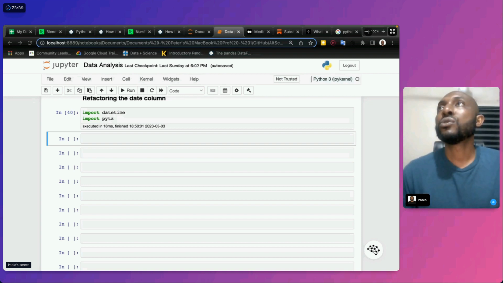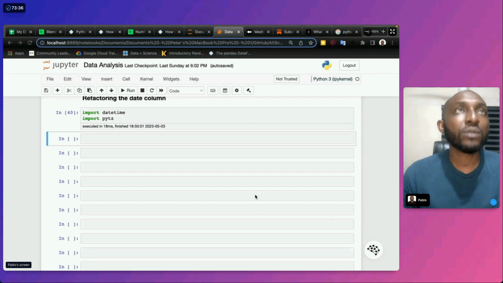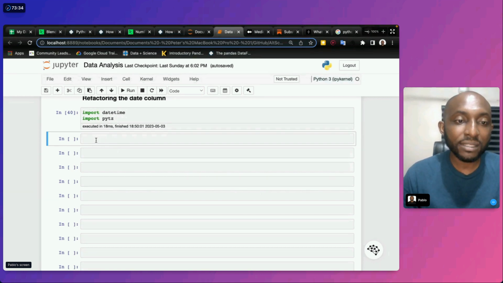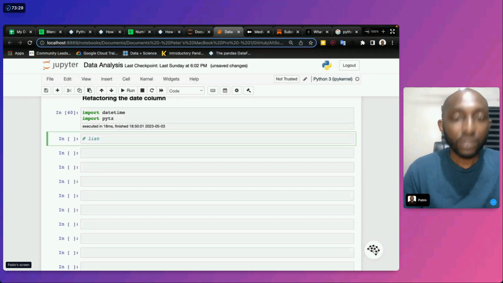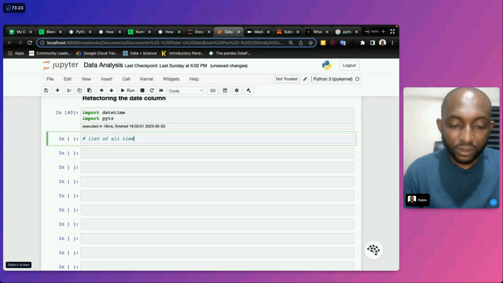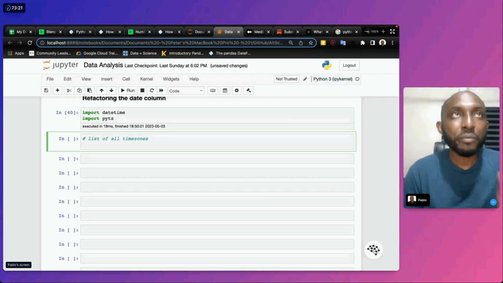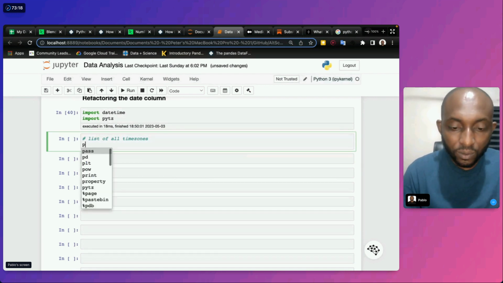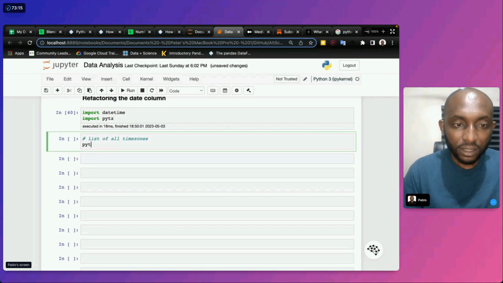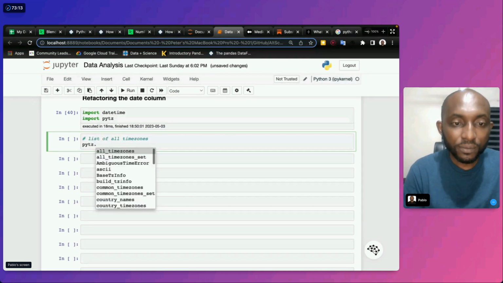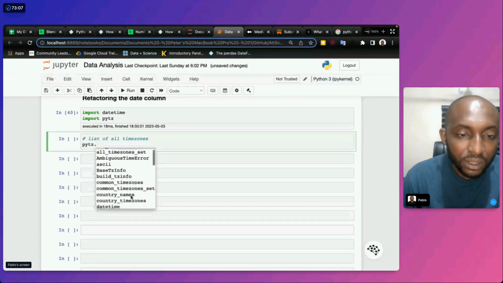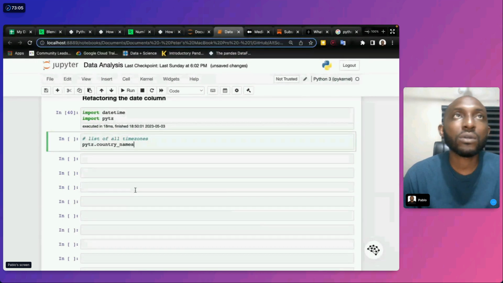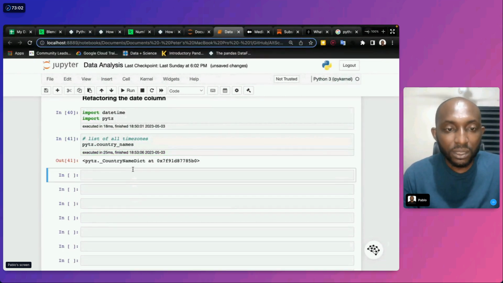Next, we can look at the time zones and see why it's important to look at them. We can list all time zones. Remember that we imported pytz, so pytz dot, and we want to look at all time zones. It has a lot of stuff. You can look at country names in this time zone.